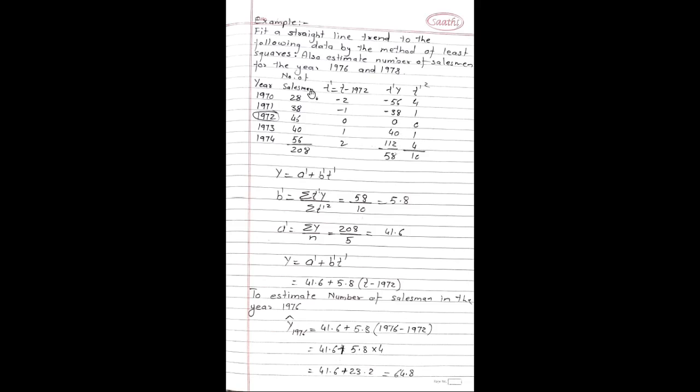So now find all the totals. 28 plus 38 plus 46 plus 40 plus 56, the value becomes 208. Minus 56 minus 38 plus 40 plus 112, total becomes 58. 4 plus 1 plus 0 plus 1 plus 4, total becomes 10. So the equation can be written as y is equal to a dash plus b dash into